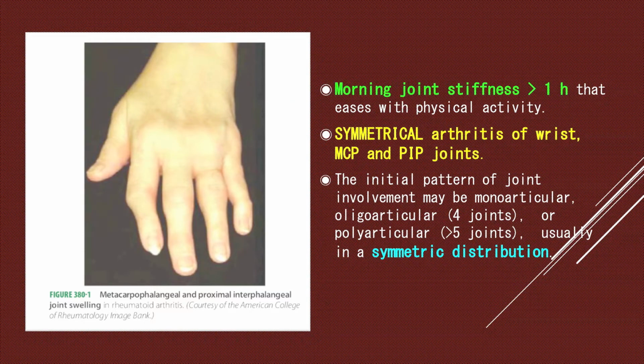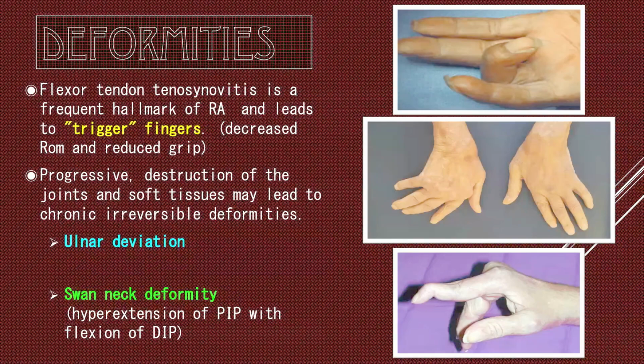So, morning joint stiffness greater than 1 hour, symmetrical arthritis of the wrist, right? Mostly it is present in the wrist or metacarpophalangeal joints or proximal interphalangeal joints. These are the most common joints involved. It is mostly present in 4 joints or more than 5 joints, and they are symmetrical. The distribution is symmetrical. So you can see here